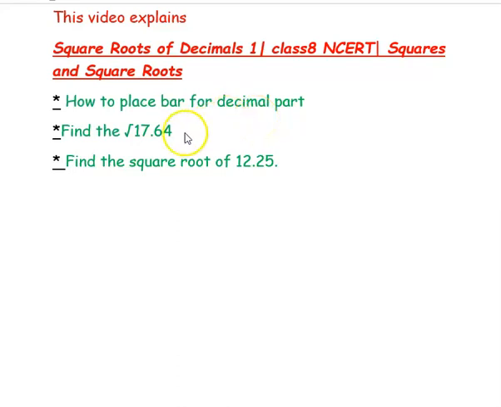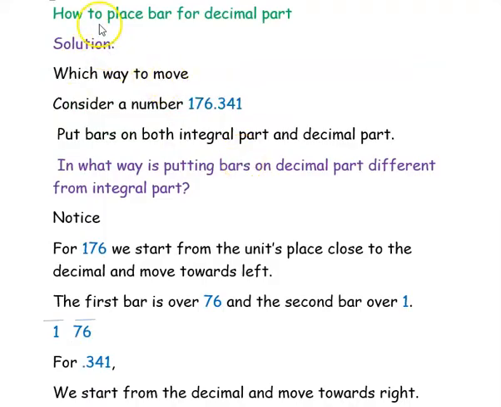In this video, we are going to see a few examples on how to find the square root of a given decimal number. The first question is how to place bars for the decimal part. Solution: which way to move? That's the important thing. To place a bar, in which way do we have to move for the given decimal number? So, let's consider a number